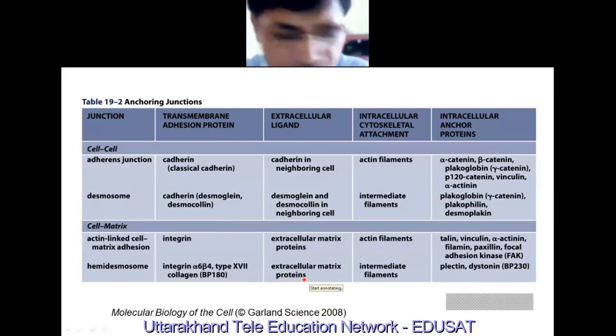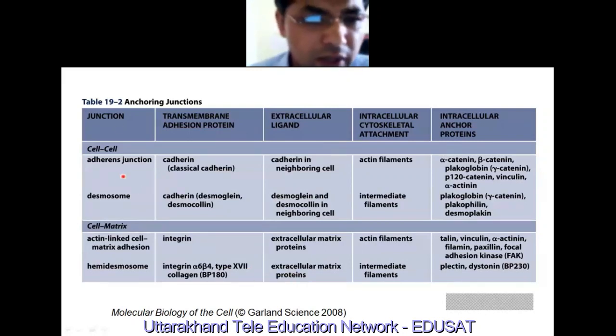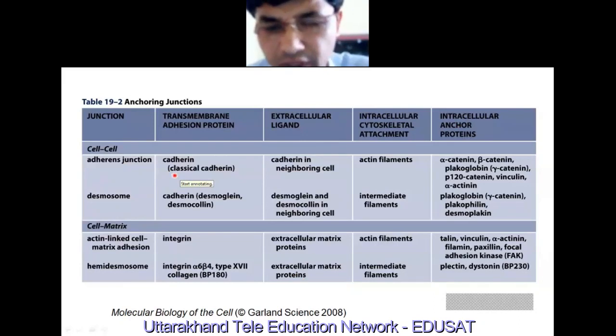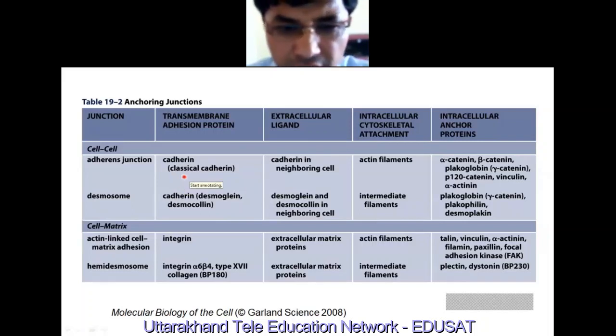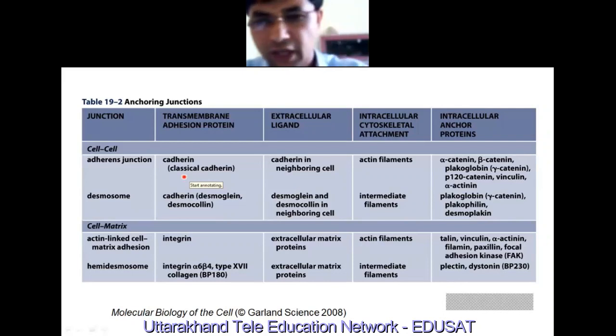Many times in exams these things have been asked, so you have to be careful and learn all these things, right? Number one: adherent junction is made up of the cadherin molecules. Cadherin is a protein which removes the calcium ions from the extracellular matrix. I will tell you about the different types of cadherins also, because of the classical cadherins. Here is the word classical cadherin. At first I will explain it, then I will tell you about the